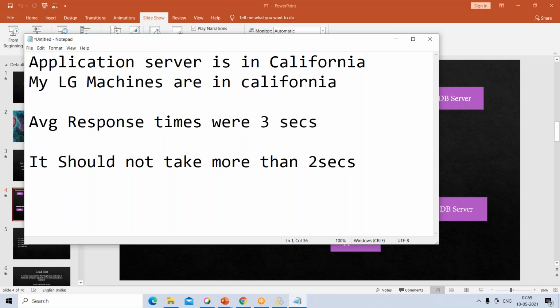For example, if the data center is in California, and you want to trigger a request from Texas, and the network latency is less than a second, obviously it will be difficult to find out, but still it is possible, because our LoadRunner tool will show the average response time in milliseconds as well. Let's say we are running the test from California itself, where both the load generator machines and the data server are in the same place, and it is showing 2.5 seconds, or 2.57 seconds to be specific. If I'm running from Texas, it might show 2.86 seconds on average. The average response time can differ here and there.